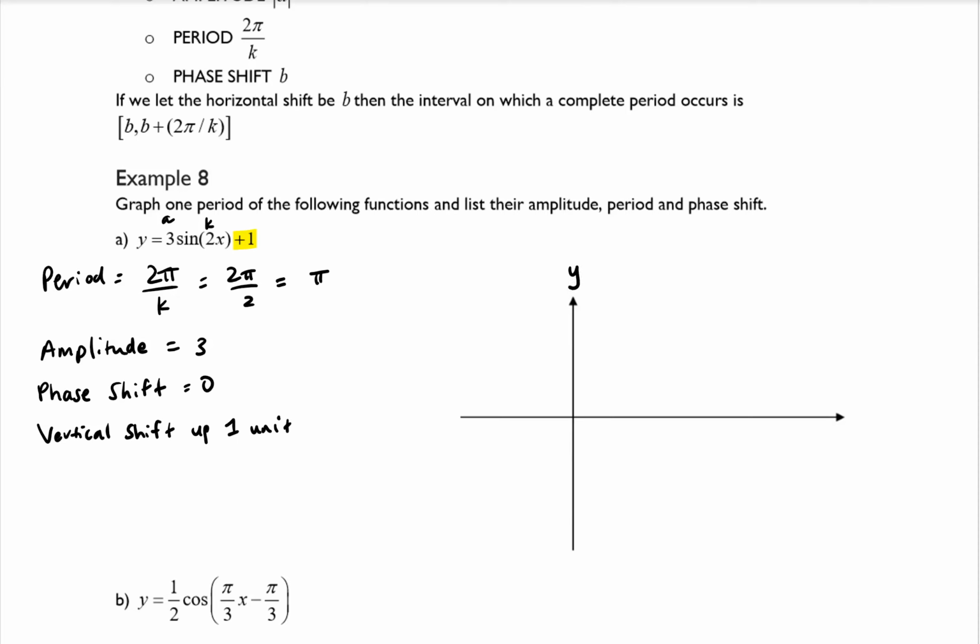Okay, so here is our y-axis, here is our x-axis. We know that we are graphing one period, so I'm going to put pi there. I'm going to cut that in half at pi over 2, cut that in half at pi over 4, and I know that this here is at 3 pi over 4. And normally our graph starts at 0. And if that's 1 and that's -1,